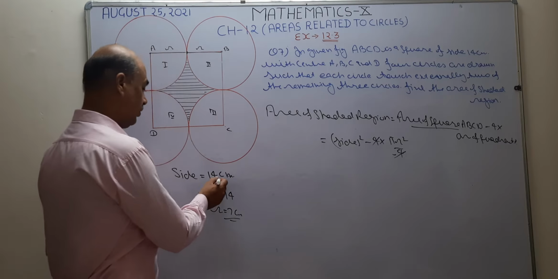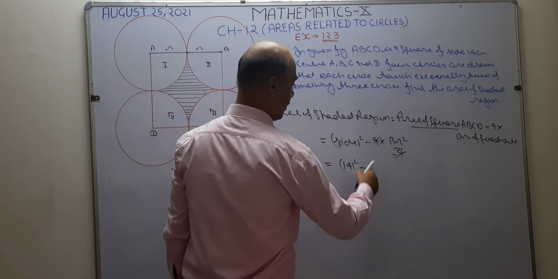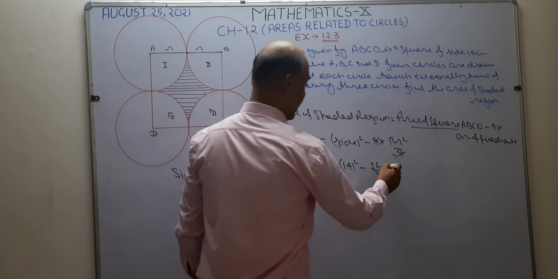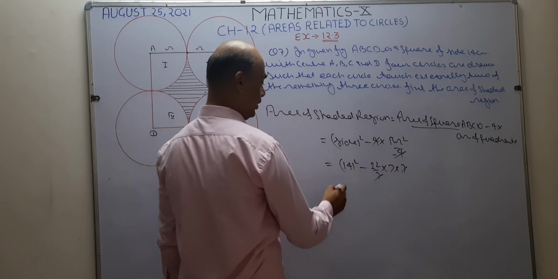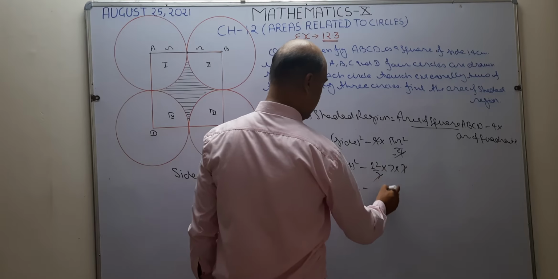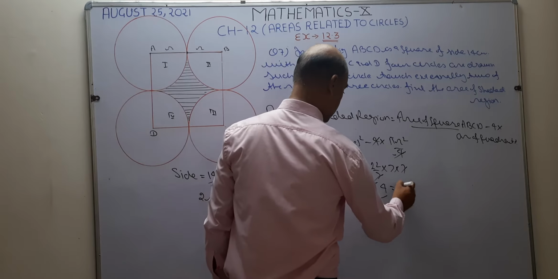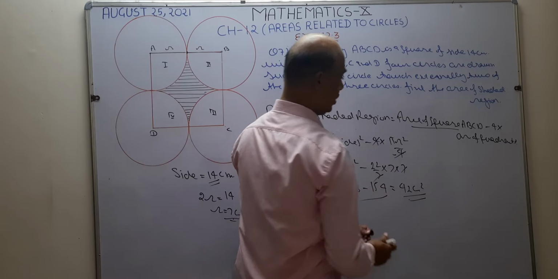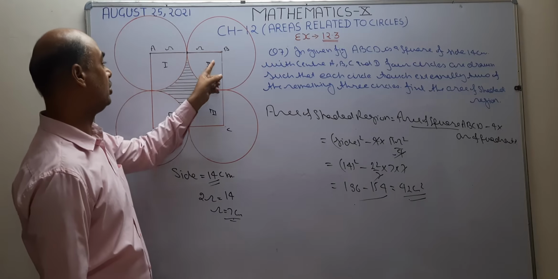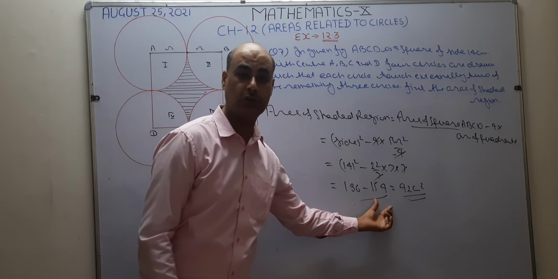Now in this question the side is given, which is 14 centimeter. So write here 14 and its square. After that minus, the value of pi is 22 by 7. The radius is given as 7 centimeter. Write here 7 into 7. 7 is going to cancel with 7. Square of 14 is 196 minus 22 into 7 is 154. Subtract 154 from 196. So this becomes 42 centimeter square. Simple answer. Okay. Area of square is the total area of the figure. From this square you subtract these four quadrants. So in this way you find the solution of this question.